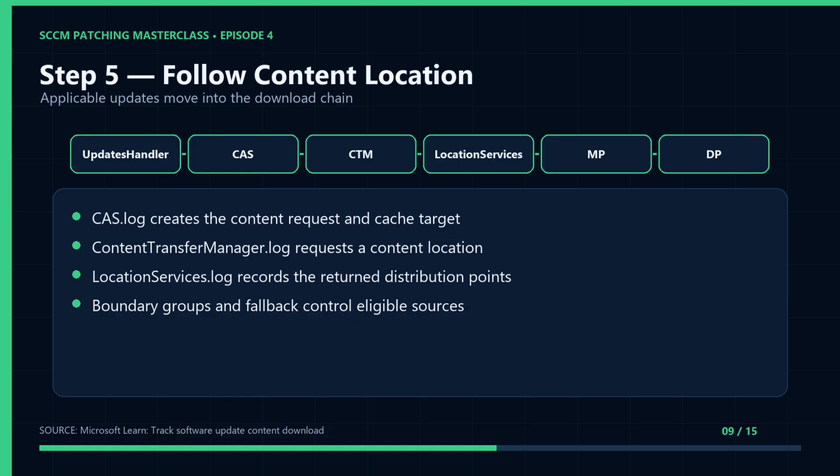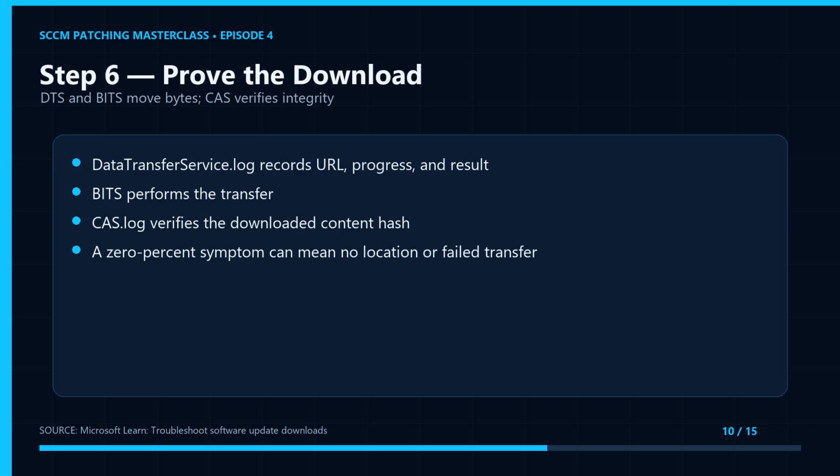If the response is empty, verify that content is distributed, the client's network is represented by an appropriate boundary, the boundary group has a content source, and fallback is configured as intended. This content location request is different from the software update point location used for scanning. When a distribution point location is returned,